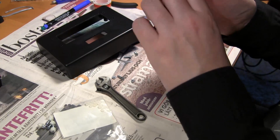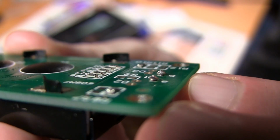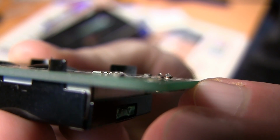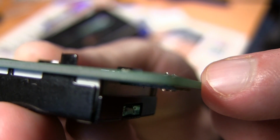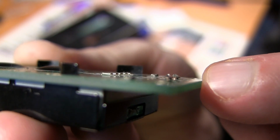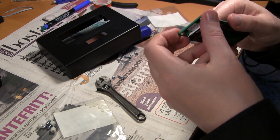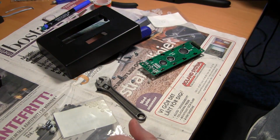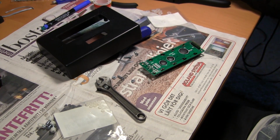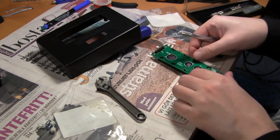You can see I jumped a little bit when the sound came. I wasn't really prepared for it. And this is what happened. You see to the right? That's the power for the backlight for the LCD. As the case pushed down on the backlight connectors from the other side, the soldering joint cracked, and well,